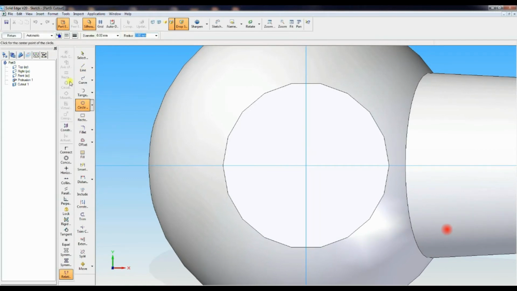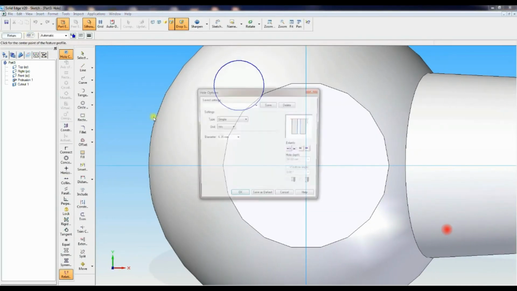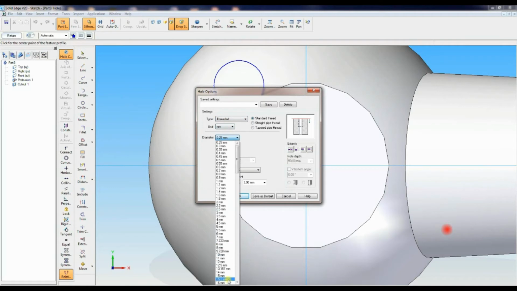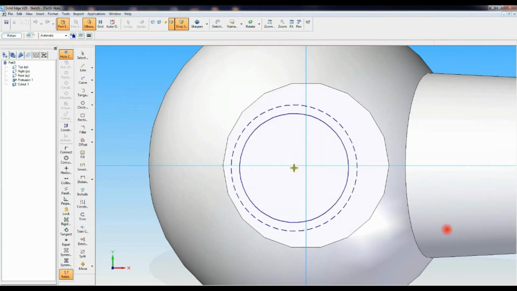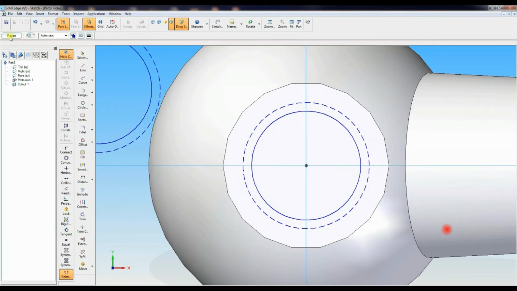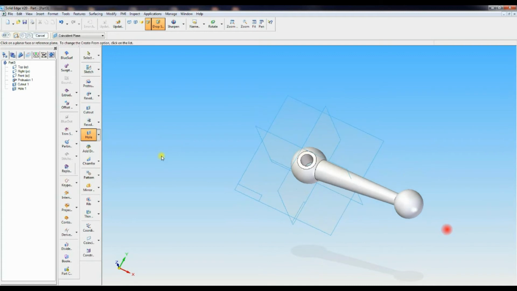Before that, go for the hole option. Instead of going for cutout, we have to go for the hole option, threaded hole. Select hole command, select that surface, go to hole option, in that the thread is 16, go to M16 for hole extent. OK, click on the exact center intersection point of the vertical and horizontal line, return, move the cursor in the downward direction. That's finished.